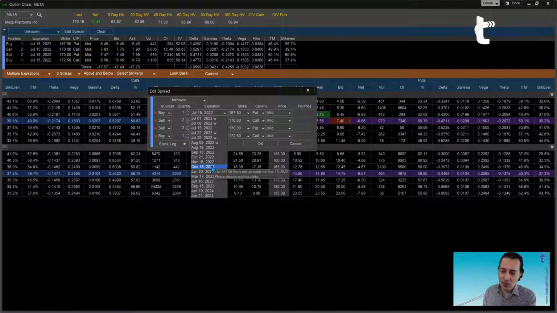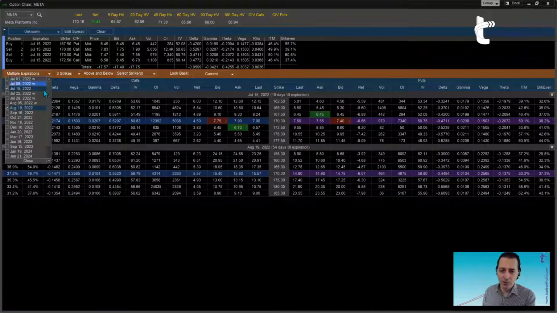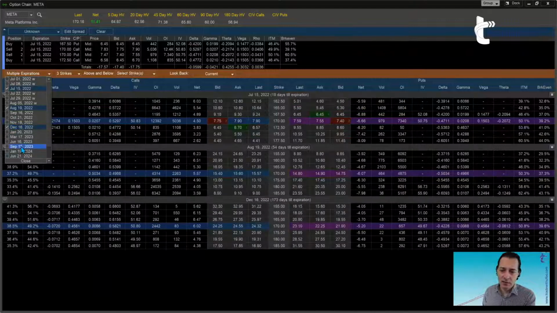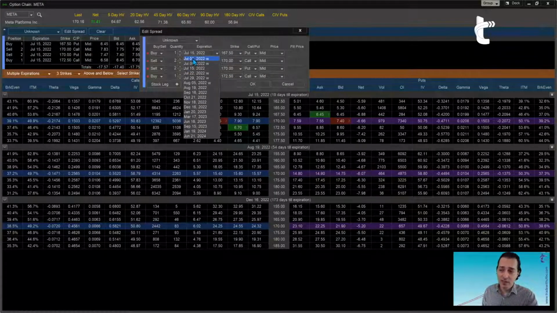So the case is that if I was to change the expiration date, and on a specific expiration date I selected, some strikes were not available. And by the way, when you see that, you may be like, how can it be? 167 is not available in December? Well, guess what? Let's use the option chain. If you look at December 16, you will see how you got 160, 165, 170. Well, indeed, the 167.5 is not available. It does not exist. So look, without even loading the option chain with that specific expiration date, the moment you change it here, it's going to give you that red alert, which is basically telling you that strike does not exist in that expiration series.